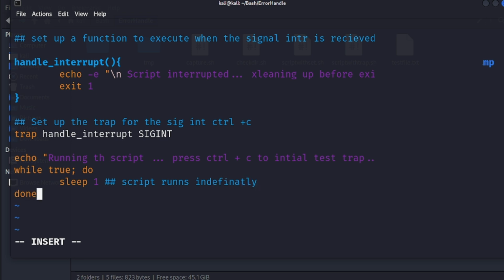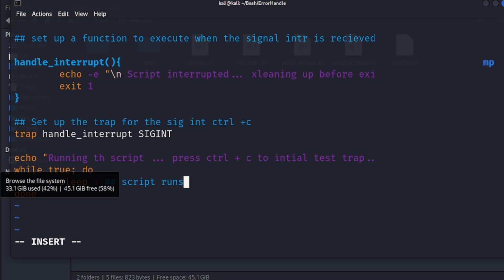Yeah, and then we will write something like this. So yeah, let's just say we try to enter. So what happens here is that we have basically defined handle interrupt, which is a function to handle SIGINT, or signal interrupt. The trap command basically is set up such that when the interrupt is received, the function is executed, so we would enter an infinite loop, allowing us to test